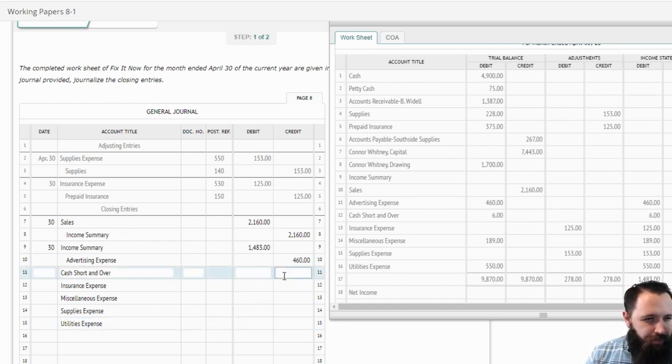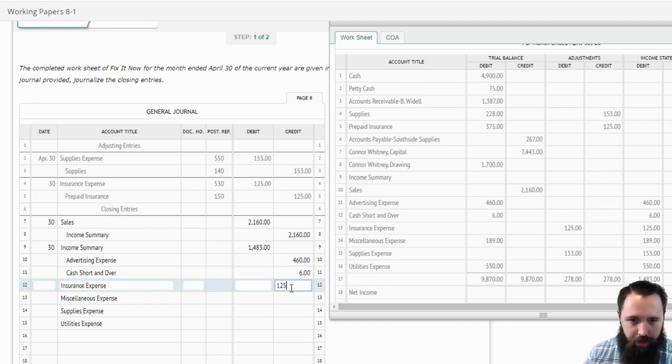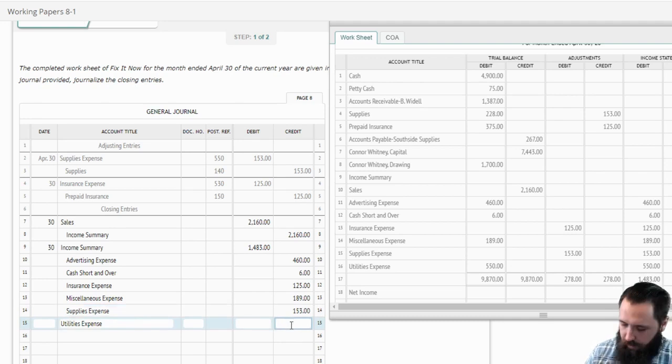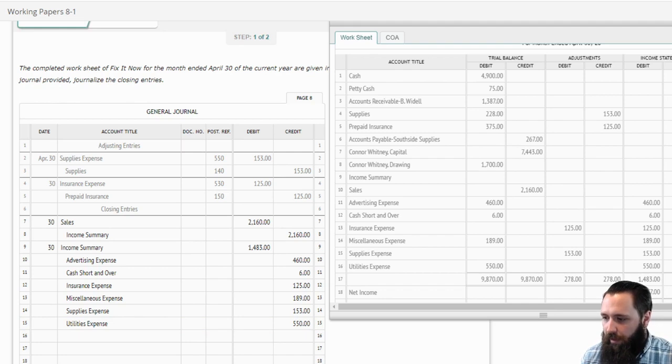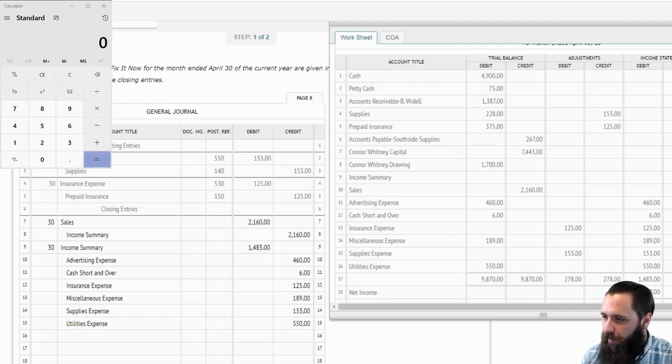And now let's credit all of these accounts. Cash short and over was only $6. Insurance expense $125. Miscellaneous expense $189. Supplies expense $153. And then utilities expense is $550. And if I really wanted to triple check my work, I can go ahead here, throw in the calculator,